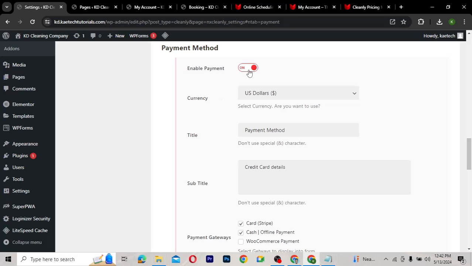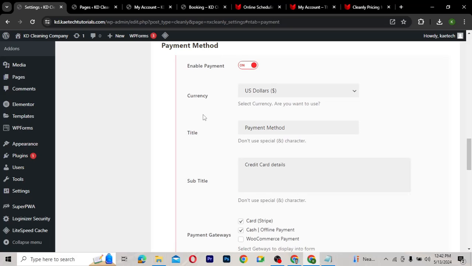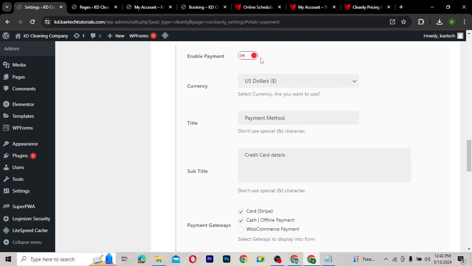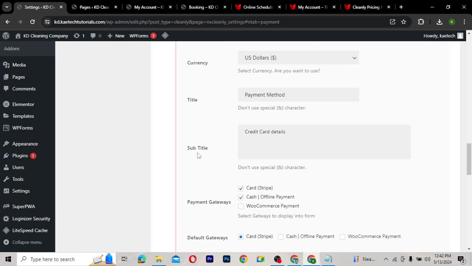You can of course disable this one, but if you want them to book and then pay, you can also do so by enabling this particular one. And then the site title that you want, this is the payment method, credit card details. So you can either write Visa, MasterCard, or credit card details. So it can be, let's say, in brackets, Visa,